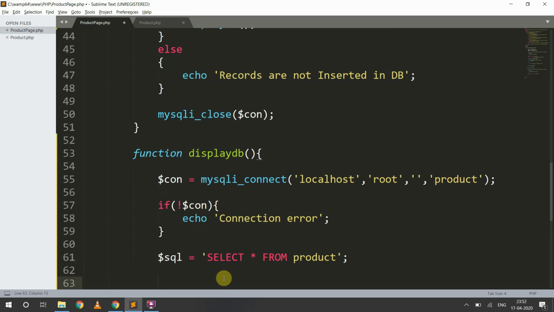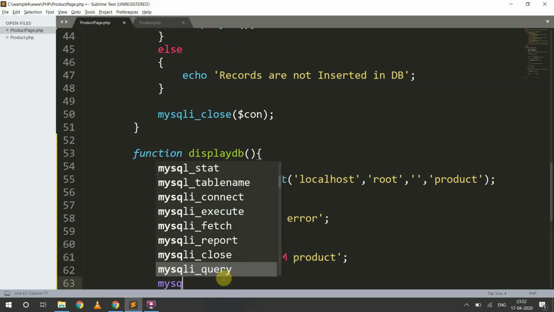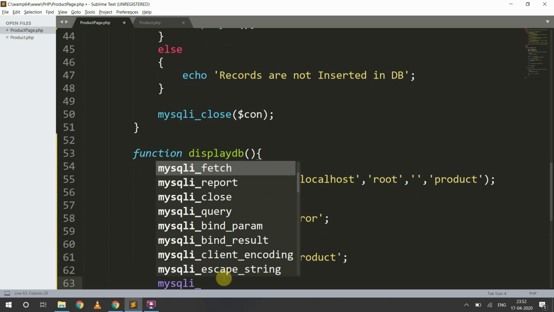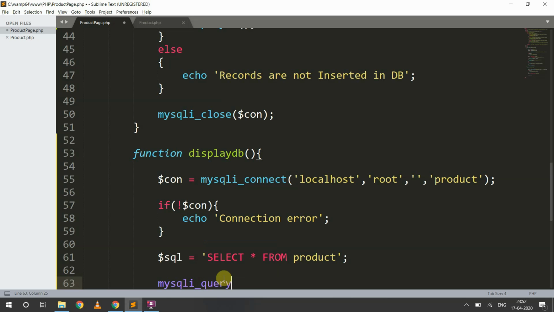Now I need to fire this query using the mysqli_query function. Here 2 arguments are required, the connection variable and the SQL query string. If it runs successfully, it will fetch the records.